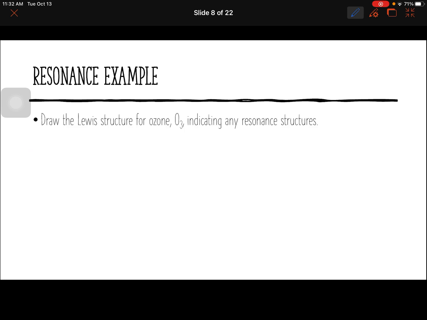Another example would be ozone. Okay, so let's look. Oxygen each has 6 valence electrons, and there's 3 of them, so I'm going to do 18 electrons here. So I start by connecting them with single bonds, and then I start to draw in my electrons. So that's 16. I have 2 electrons left. So I put them on my center oxygen, but the problem here is that center oxygen does not have a completed octet. So I have the option of pulling a pair of electrons from the oxygen on the left to make a double bond,